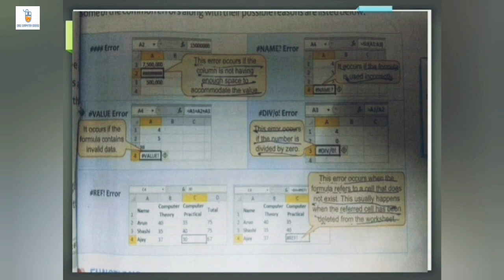Then the last error is #REF!. In this case, if you are typing some reference in a formula, but that reference cell is completely empty, there is no data in that reference cell, in that case the #REF! error will appear. So these are a few basic errors in Excel which we have to take care of and avoid.